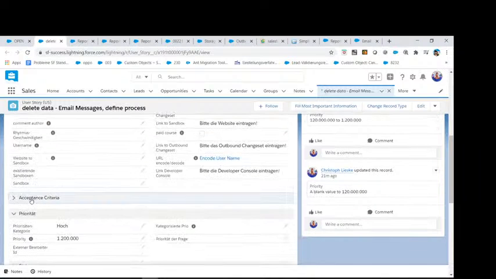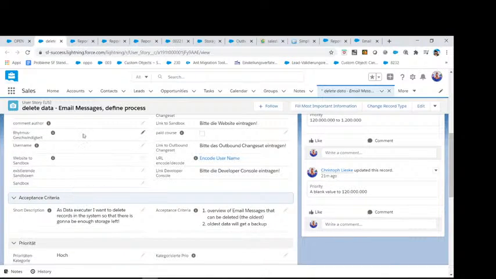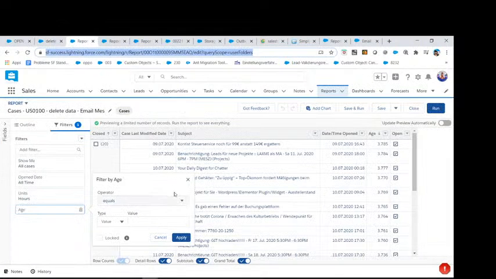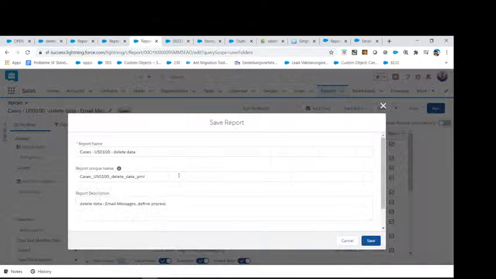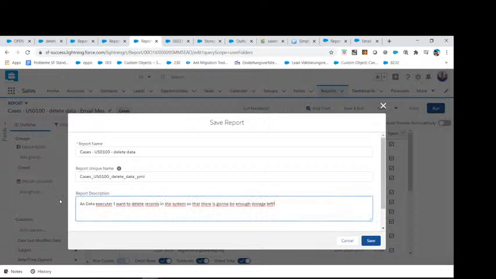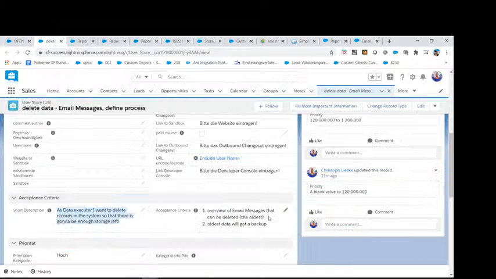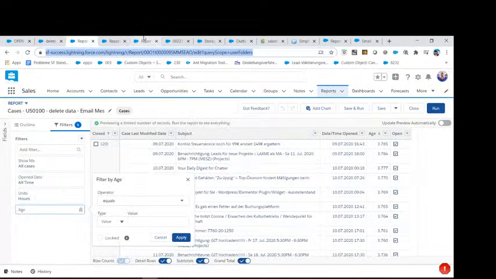Why is it not there? Okay, I have made it an own, my bad. That's going to be the short description, and that is what we should put into the user story to be able to understand this. And also we should put in the acceptance criteria to understand the context, right?